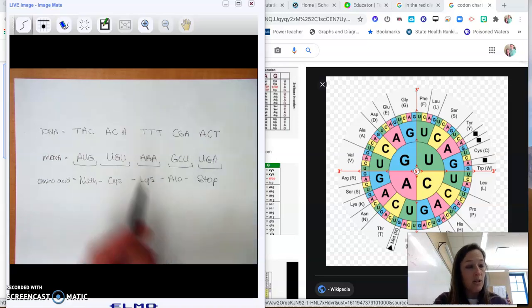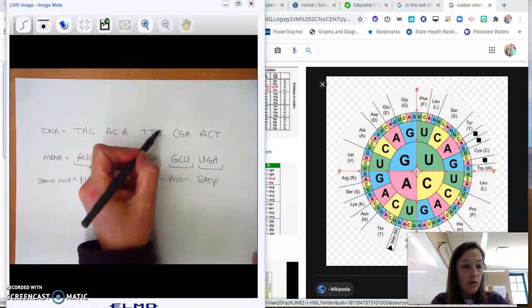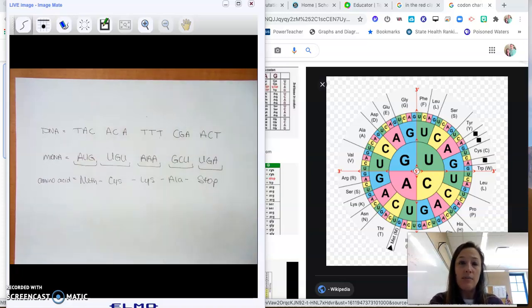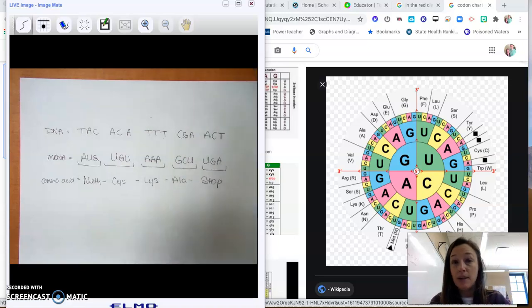So again, a base pair substitution is when you remove one base, take it out, and replace it with something else. And it is a point mutation because it is impacting one point in the DNA and therefore only one gene. Now there are three different types of, and I'm going to try to do these in different colors and not be confusing, but there are three different types of